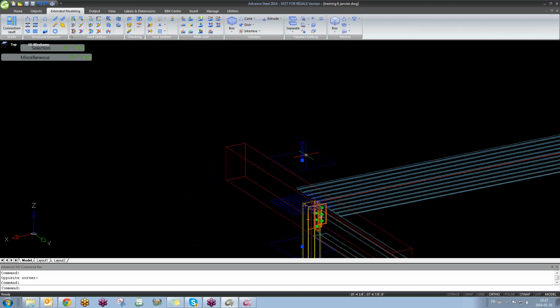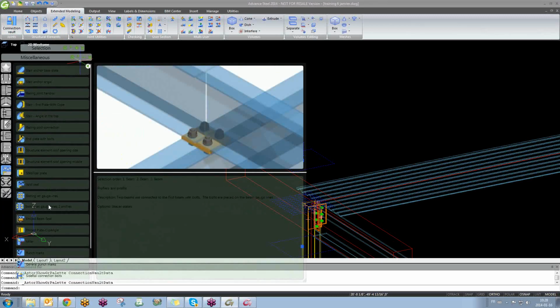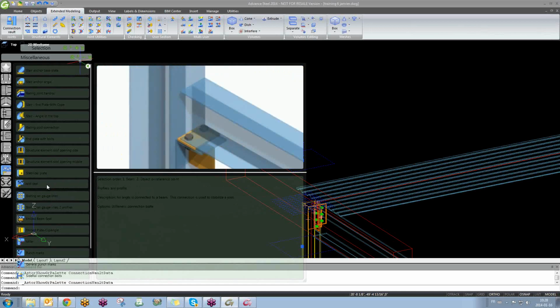I think I saw joist macros. Is that correct? Yes, this one. You have joist and truss. Well, for connections, like a joist to beam connection or a joist to column connection, I think yes. Under the connection vault, I think we have joist seat or